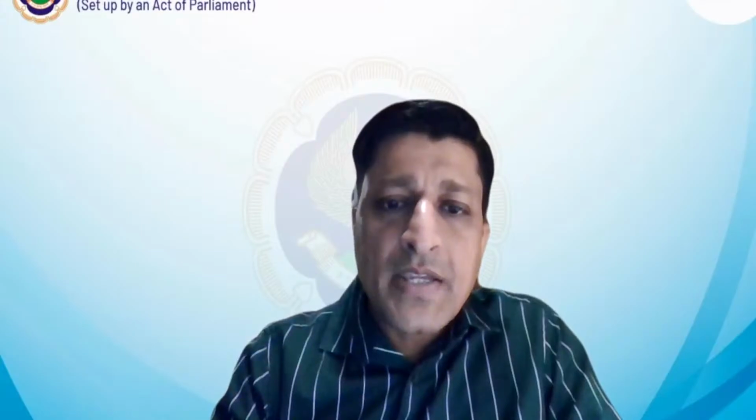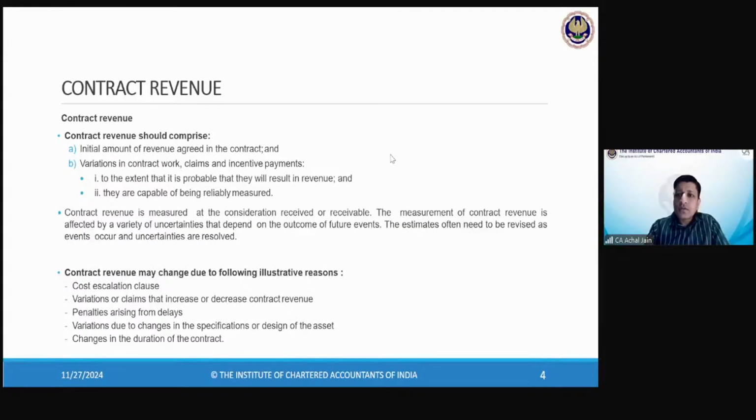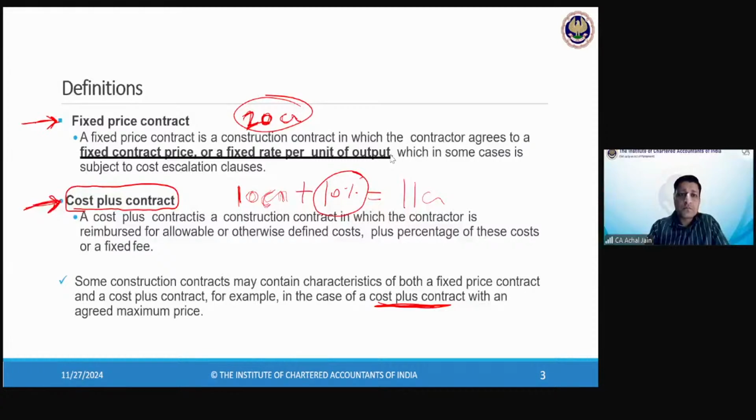Okay, so I can see one question coming up. Let me just get on to that question. Sai is asking, sir, what about build, operate, transfer contracts like metro rail projects, road construction? Subsequently, they are given the right to collect road tolls for vehicle movements. So, what's the question? What do you want to understand about it?